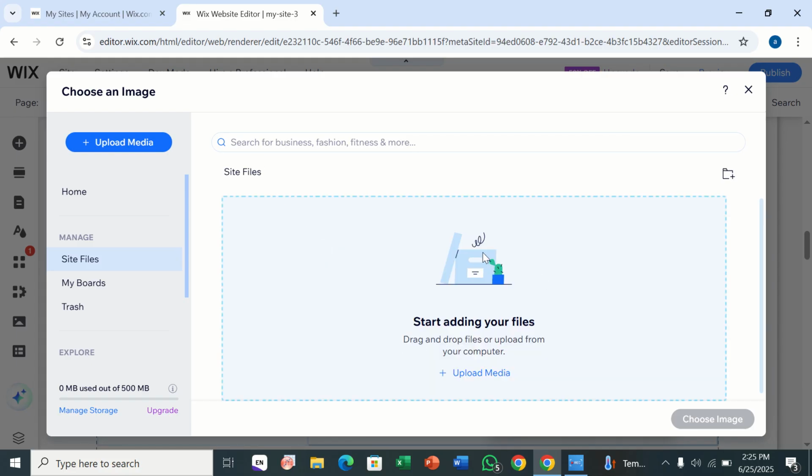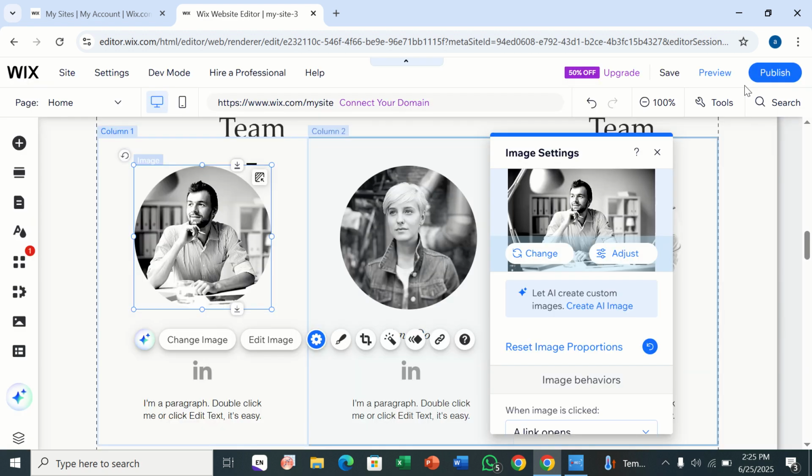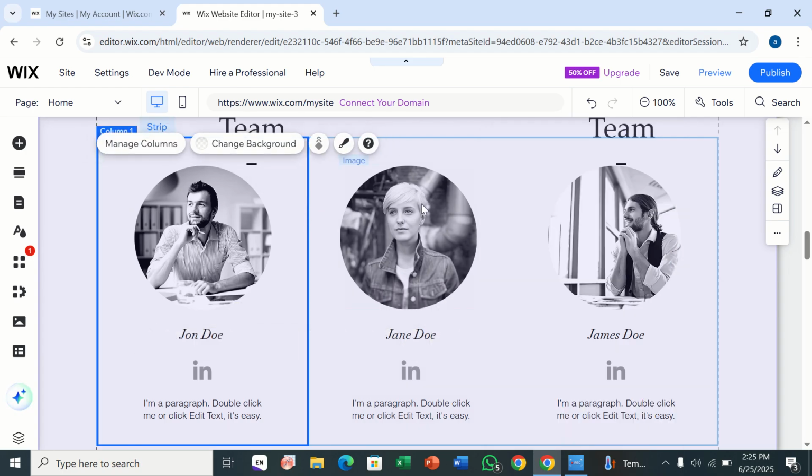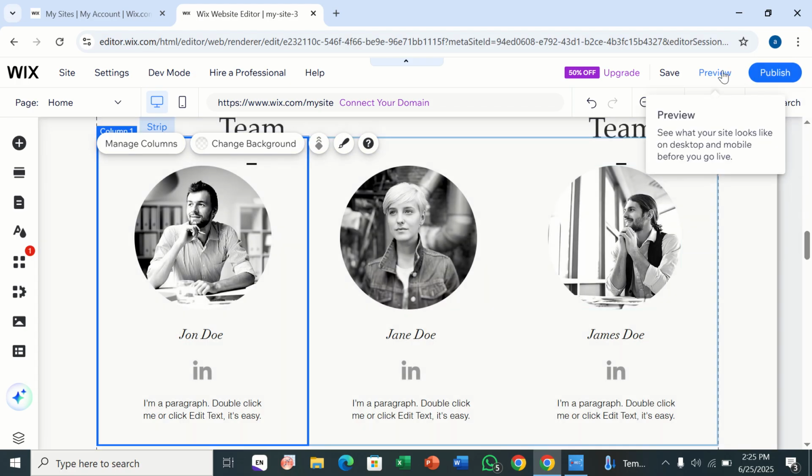We can add our files here if you have any. If you don't have any, then this one is also fine. You see there are so many options that you can use. This is how you're going to add your team members here. Since I don't have any image and this is just for the sake of the video, this is just a brief introduction of how you would be able to add the team member section here. If you say that this is actually what I was looking for,